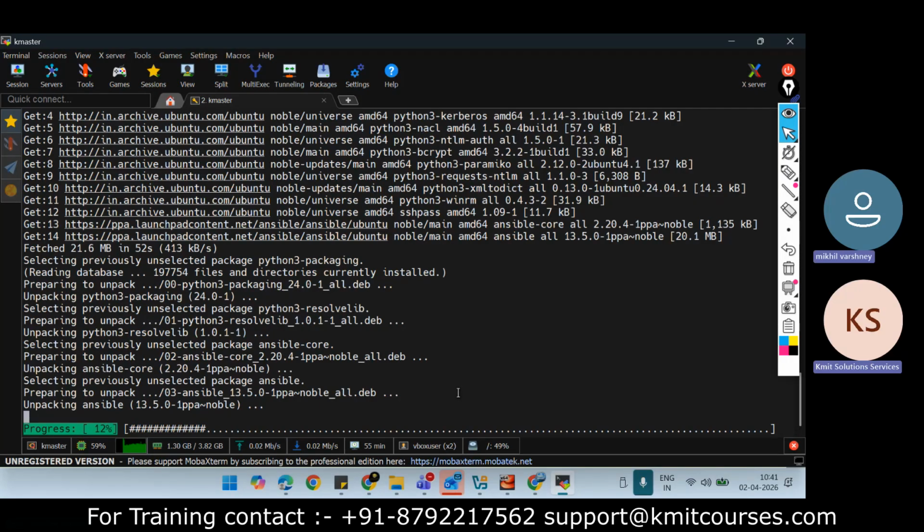Currently I have 4 GB RAM and 2 CPU. I will increase to 4 CPU and 8 GB RAM. My system has 24 GB of capacity, so I think I can do that, because I'm sometimes using very heavy DevOps tools. But you can check accordingly how much RAM you have on your system.